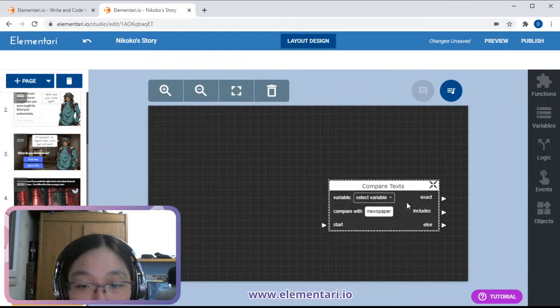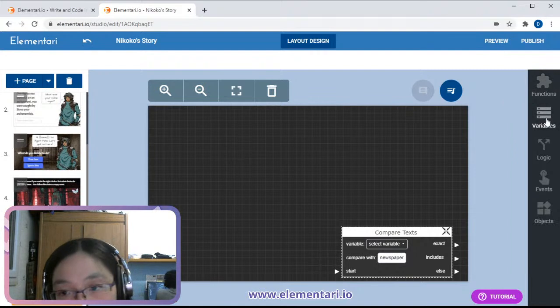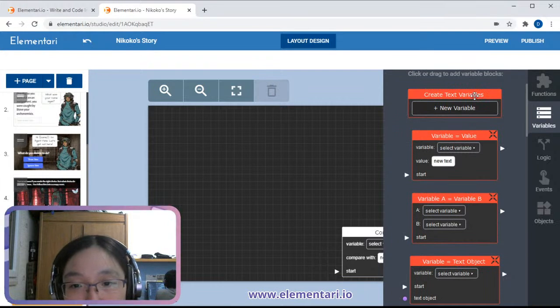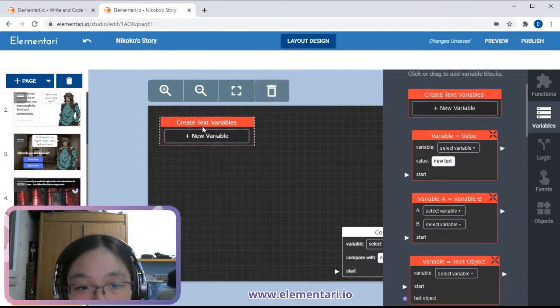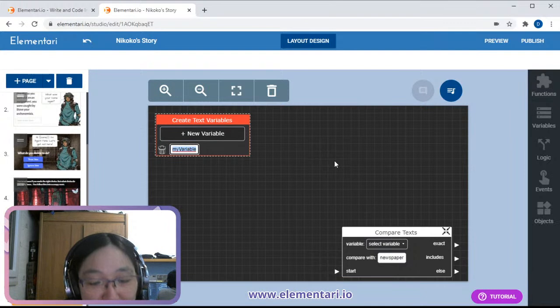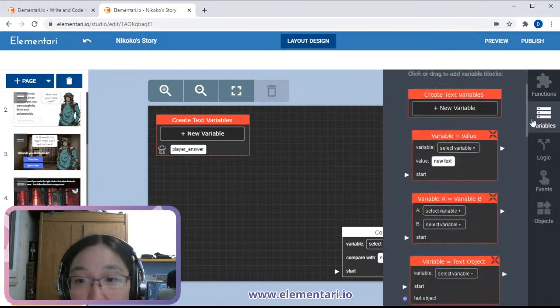Okay, so this block is really important, but we need to get the whole variable stuff set up. That is exactly the same as when we were creating the variable name and setting it that way. So it's the exact same logic. You remember how we did that? What do we need first? So we need to create a text variable. What does the variable do again? Variables do have a mustache on the front side of the page in the layout design. So I'm going to call this player answer. Okay. So I'm going to create a variable, and